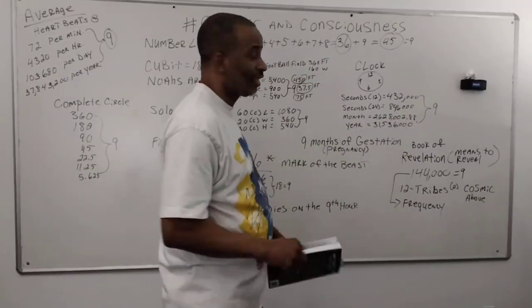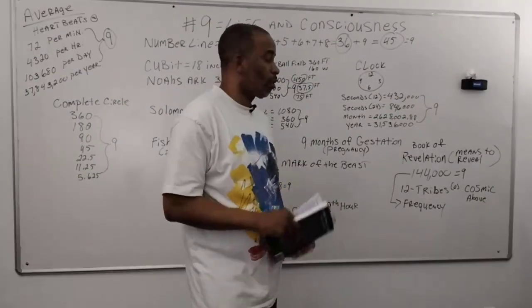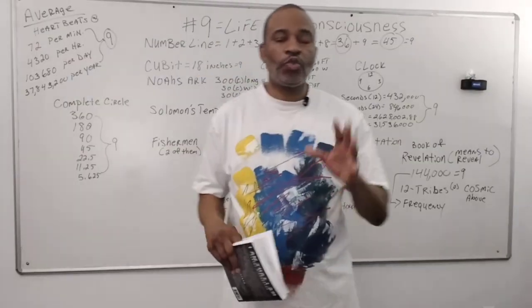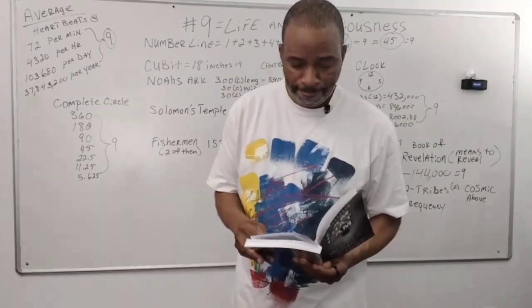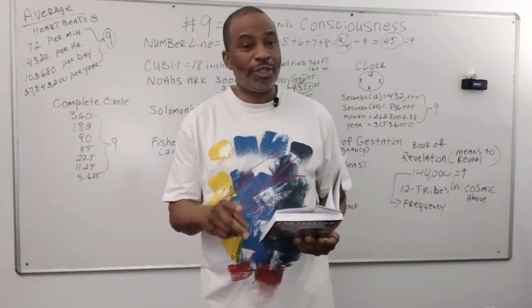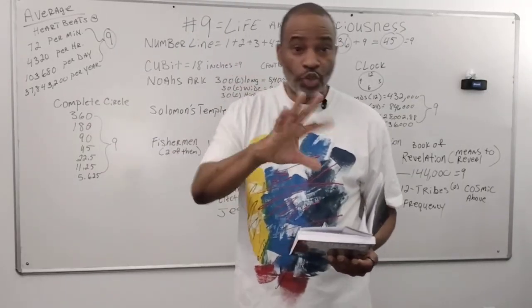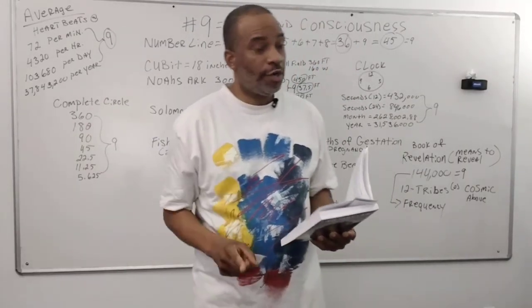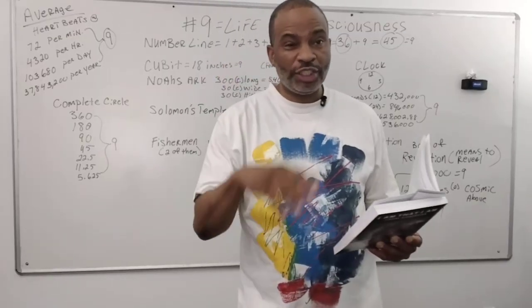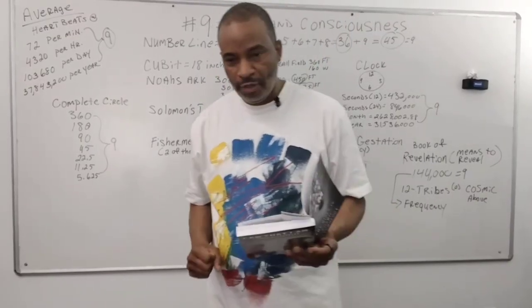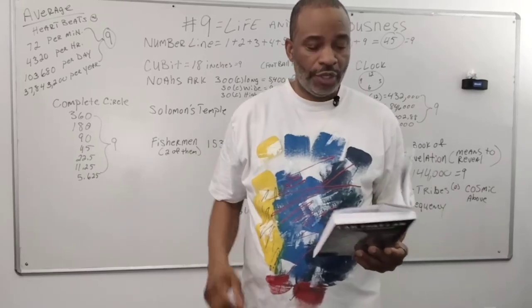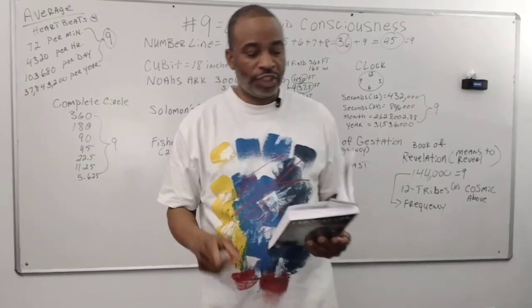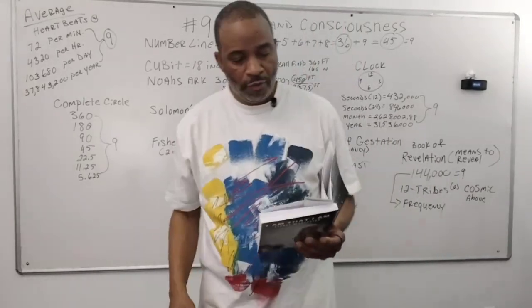Today's lesson, we're going to talk about the ancient number system. In the ancient number system, there are 12 numbers. The first number is God. The second number is body and soul, that represents duality. The third number is new life, resurrection, new beginnings. The fourth number, number 4, is your fourfold nature, your physical, spiritual, intellectual, and emotional.